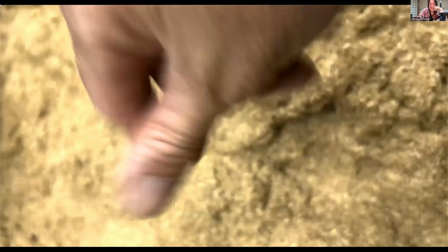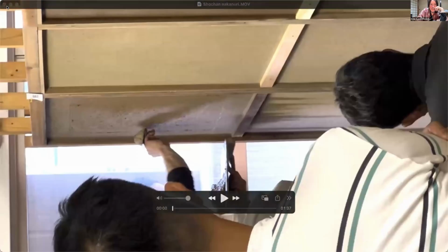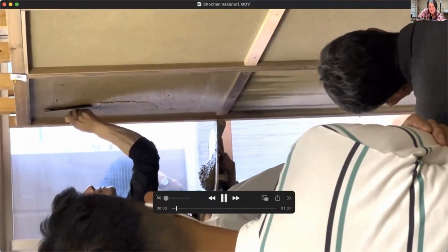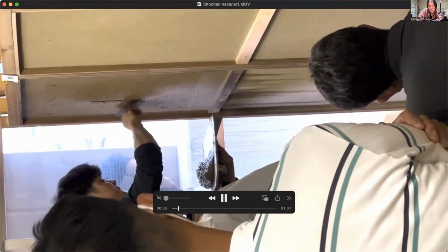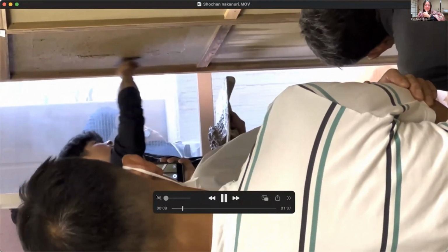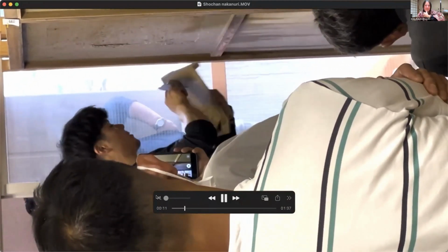And then let's see, this, I'm so sorry, but it is sideways, so you can turn your head over to the left and you'll get a sense. So he's gone around that edge, around the corner, like you can see around the framework. I'm sure it had a little bit of extra sand to it because